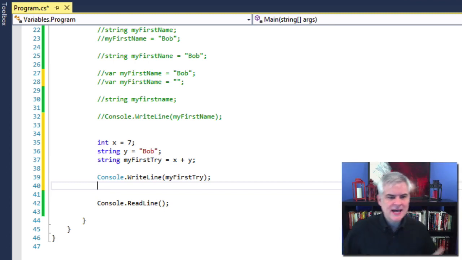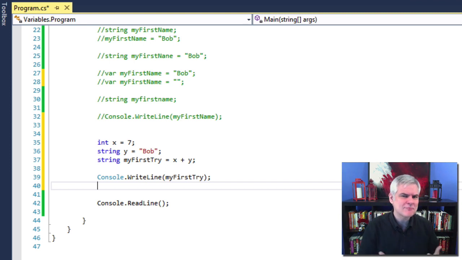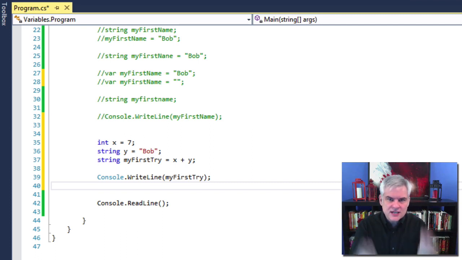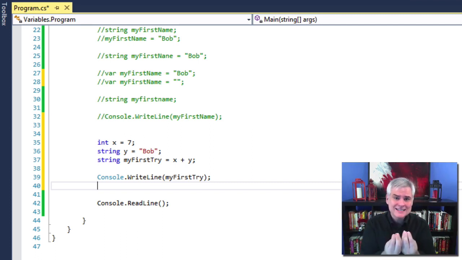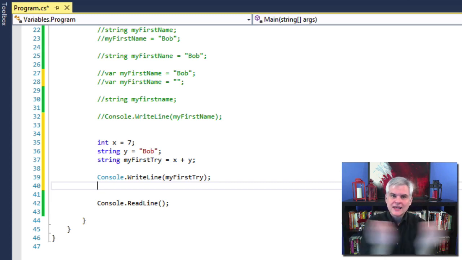Okay, so int x equals 7, got it. String y equals "Bob", okay. String myFirstTry equals x plus y. So I'm going to try to take a bucket that holds a number and a bucket that holds a string and pour them together into a new bucket that holds a string. How is that possible? How is it possible for our application to treat the integer 7 as if it were a string that it could concatenate together with another string to create a third string? Well, .NET allows us to implicitly convert x into a string so that it can combine, or rather concatenate,